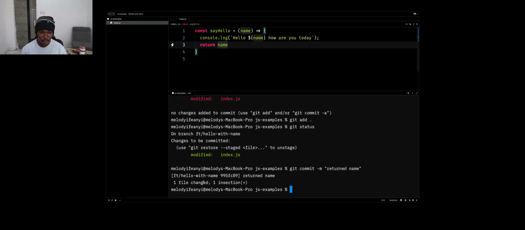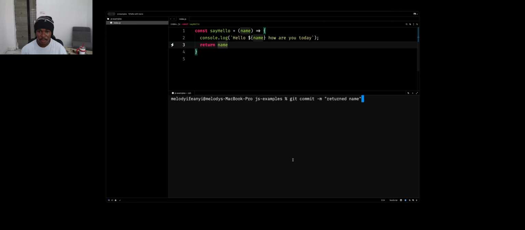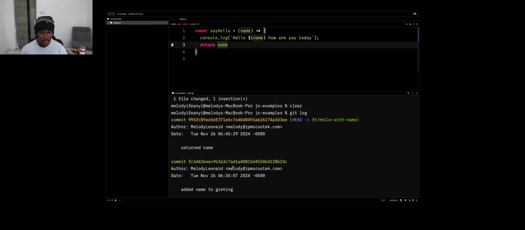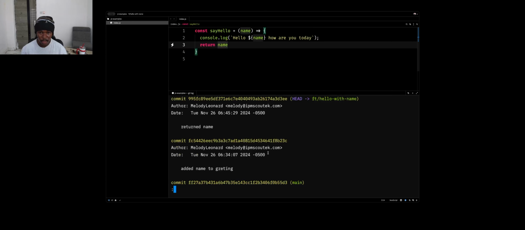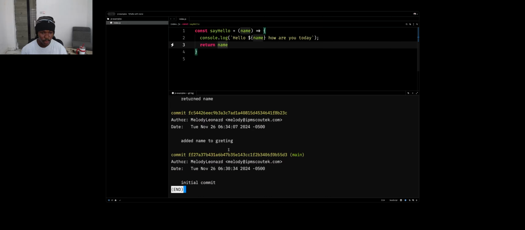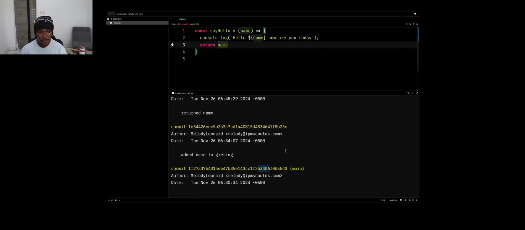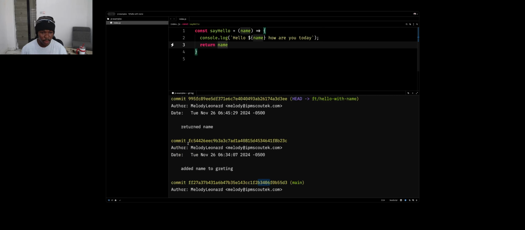And if I do this, now we have different commits, right? If I do git log, you're going to see I have this one, which is the main, added name to greeting. So I have three commits. The last one is the one we just added, return name. This one is added name to greeting, and this is the first initial commit. Now I want to copy this, added name to greeting, here,